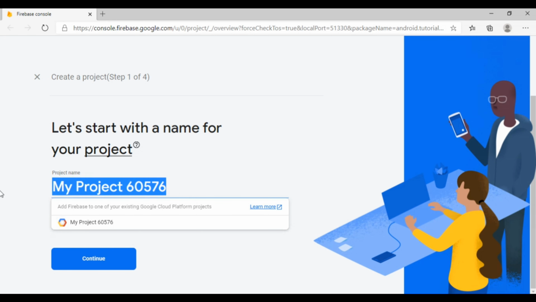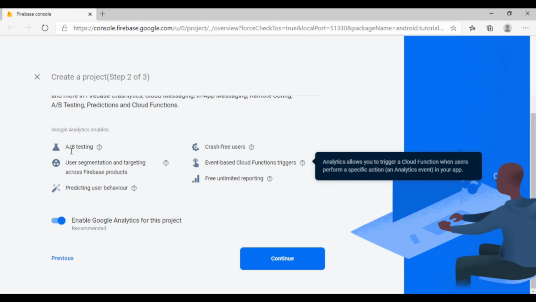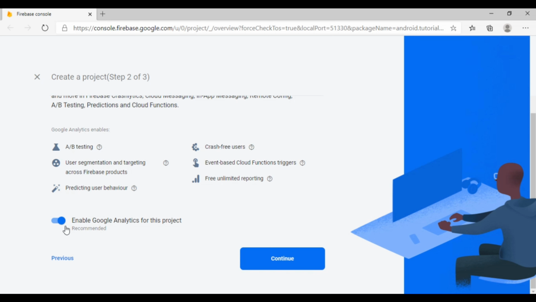After that we have to enable this, so we will get some more additional features like A/B testing, user segmentation and targeting across the Firebase products, prediction of user behavior, and crash free users. We will get free unlimited reporting and event based function triggers. So to enable all these things, we have to enable this checkbox. Then we have to press continue.